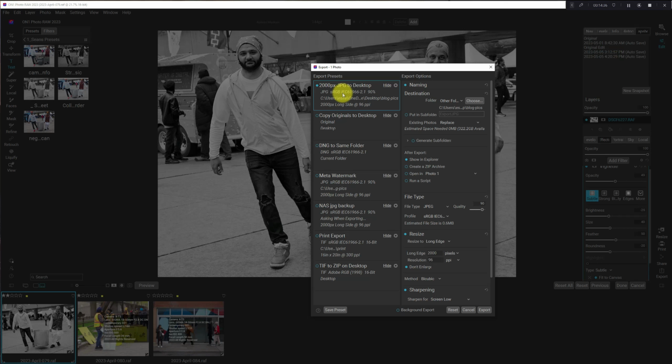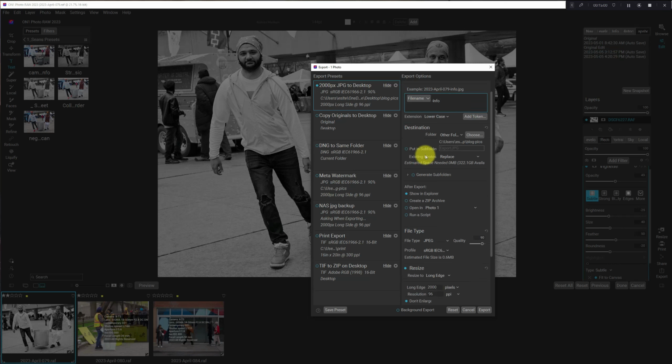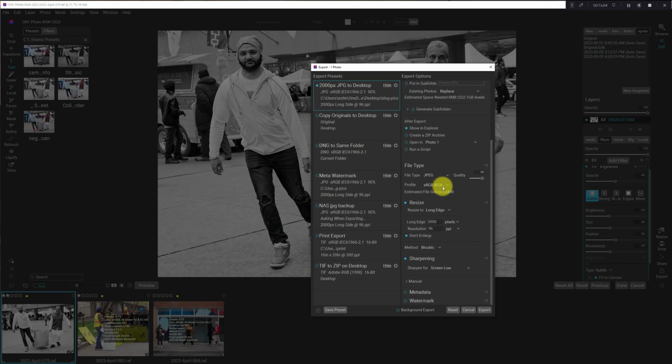So what I want to do is I want to use this same one, and I'm going to edit it to change the name. So name info. Because I'm going to include watermarking info, I'm going to keep the destination the same, all the other settings the same,